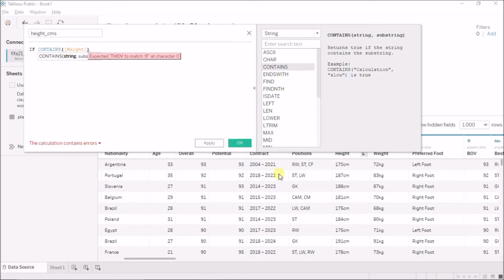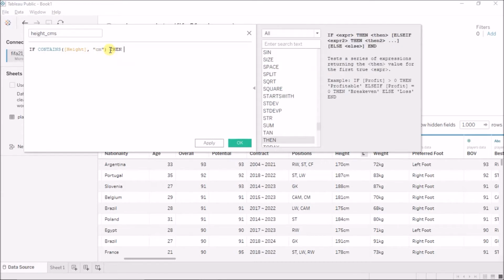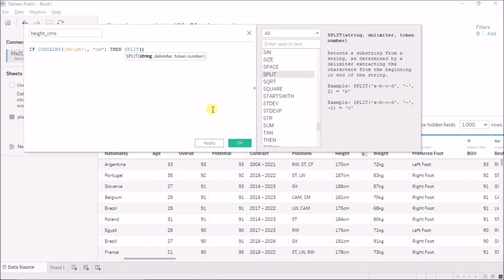This contains function will go one row at a time. First it will take 170 centimeters, then 187 centimeters, etc. Then I'll say the substring to find is CM. If you find the substring of centimeters, then it means the height is in the centimeter format, and hence I need to just split up the height column.